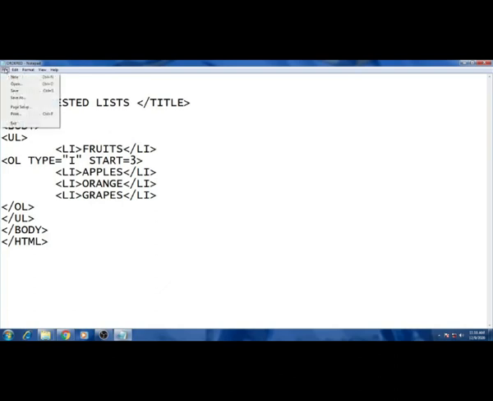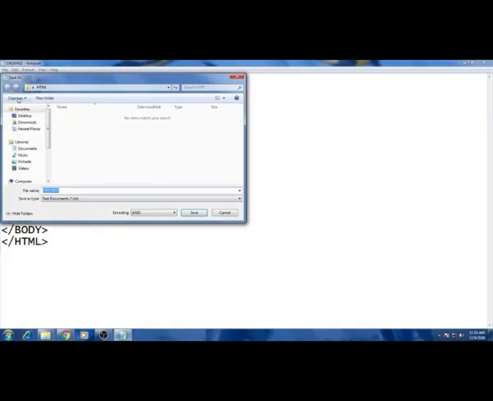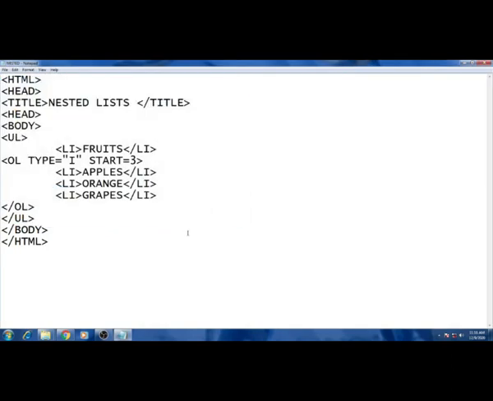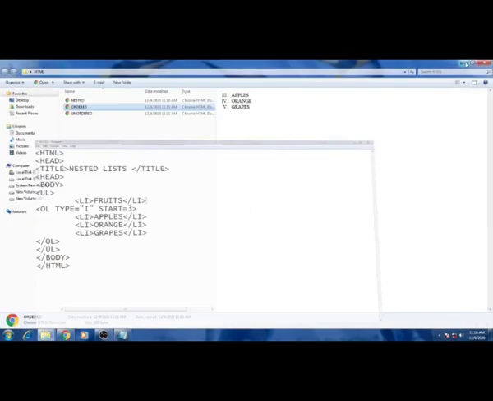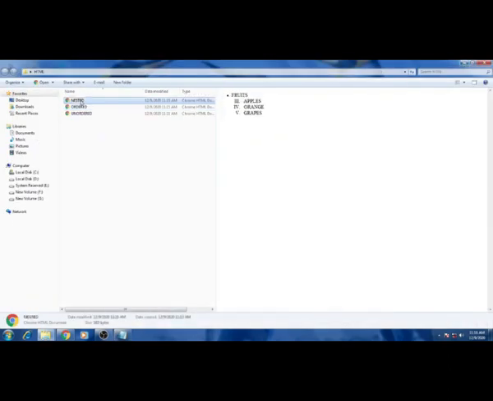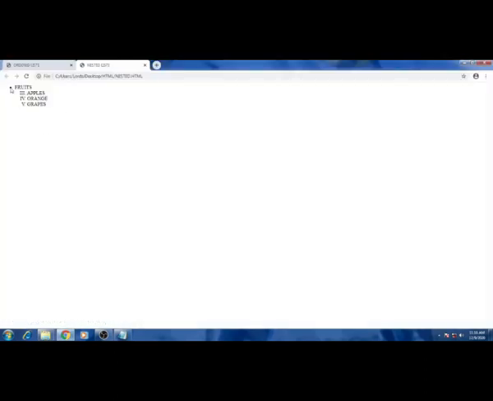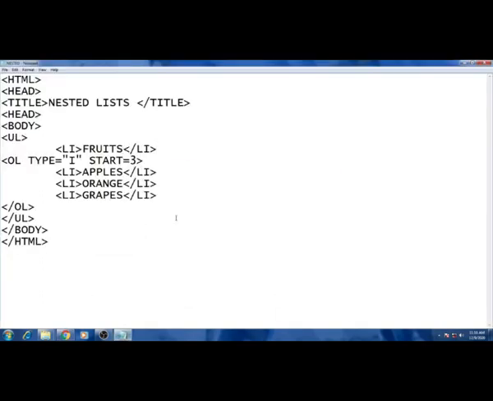Let me save it. File, save as, nested.html, save it. Then double click on the file name and you can see it. Okay, both are included, unordered and ordered. So that is known as a nested list.